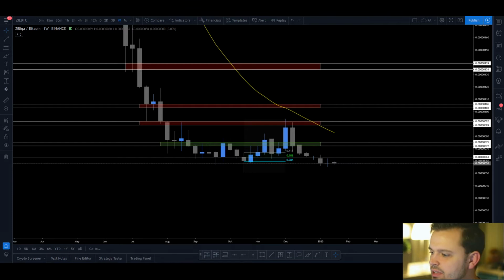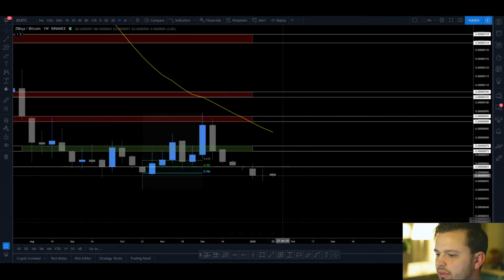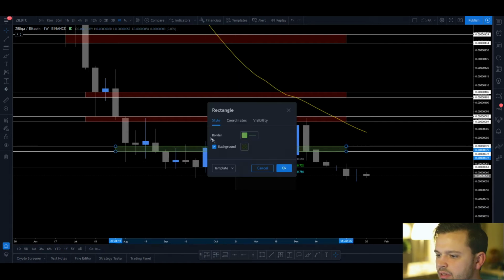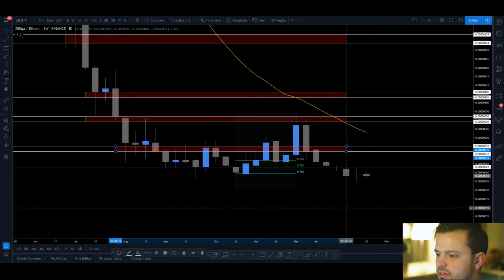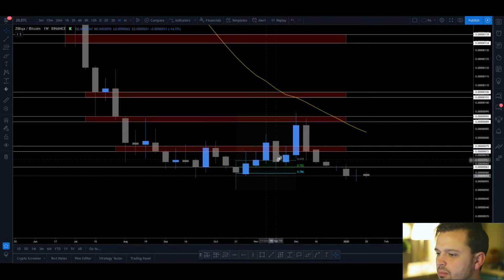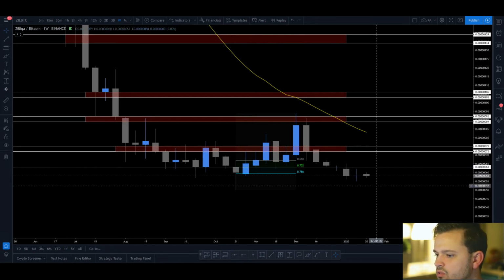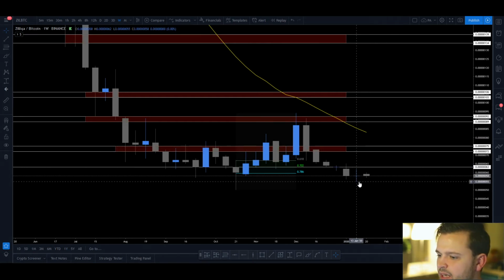Right, next up is SILBTC. So looking at the weekly here, not looking very good. We have, let's change this one to resistance. We had the breakout here, got rejected by this resistance right here, and just dumped right through support, and we are now trading back down at the lows,